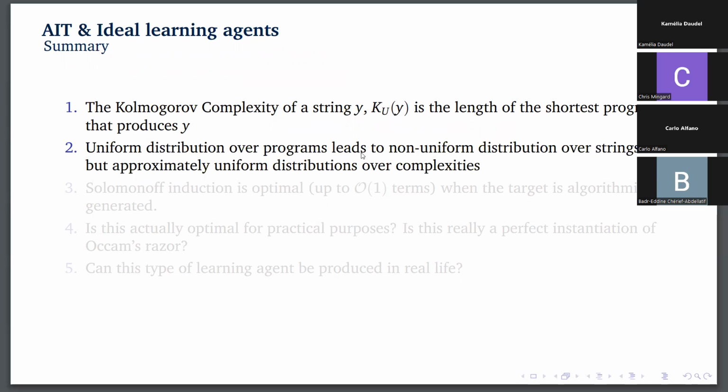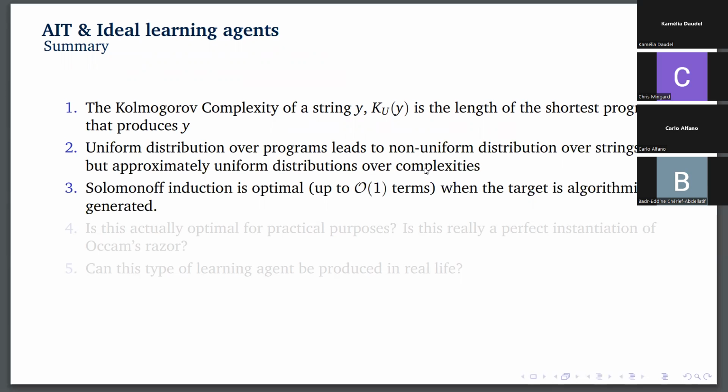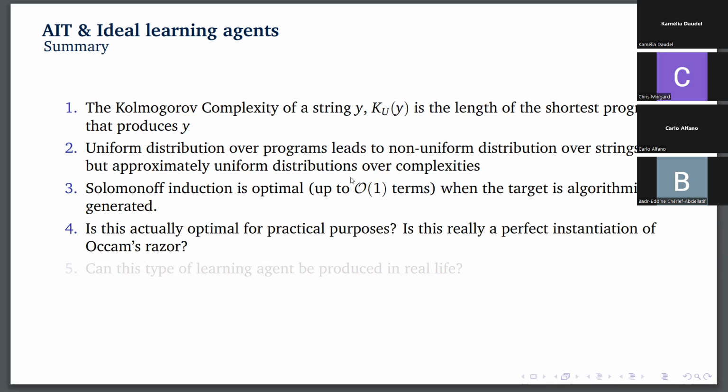If you have a uniform distribution over programs, obviously you get a non-uniform distribution over strings, where low complexity strings are massively exponentially more likely than high complexity strings. And this sort of works out as you have a uniform distribution over complexities when you generate programs randomly. So Solomonoff induction is claimed to be optimal up to these sort of order 1 terms when whatever the target string is algorithmically generated. And then one of the questions people have asked is, would this be optimal for practical